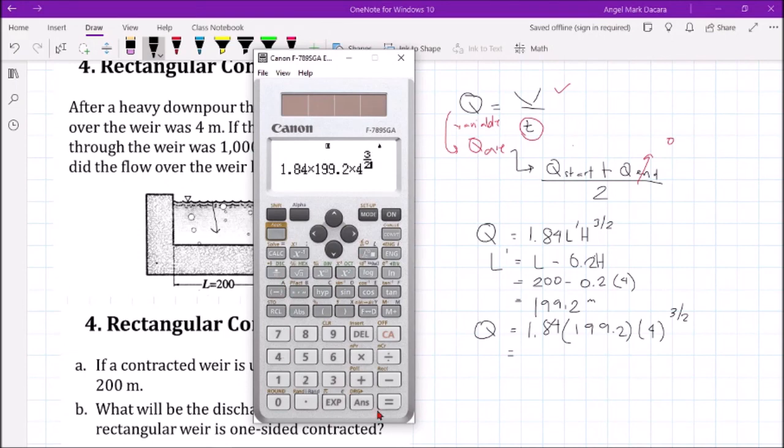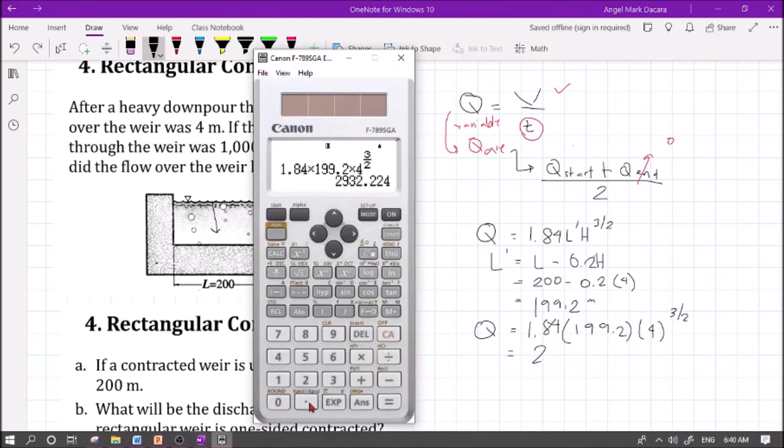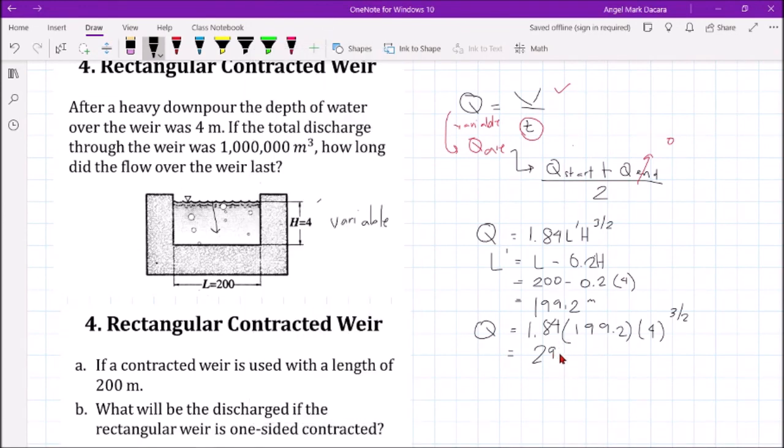So, discharge is 2932.224 cubic meters per second. So, the average discharge Q average